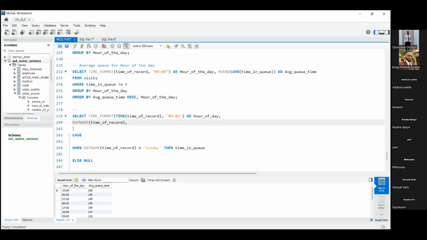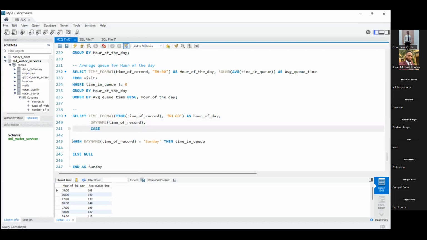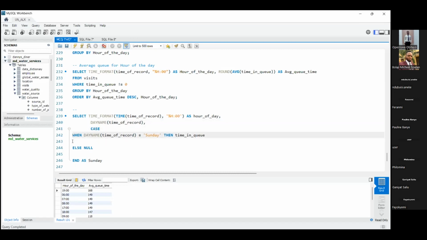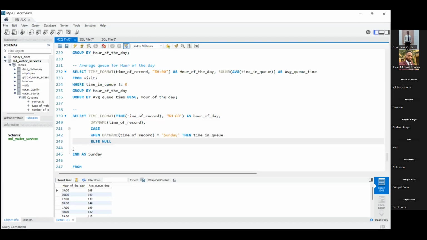I think what this query is doing, before she runs it, maybe it will make more sense after she has run it. For each day that is Sunday, it shows it. Then for other days that are not Sunday,